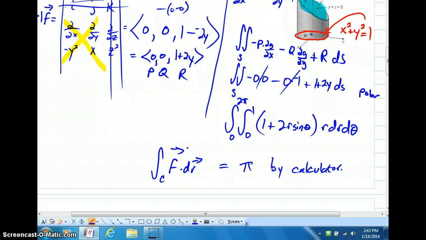Let me tell you the truth. Sometimes, rather than work out a flux integral over the curl vector field, you'll want to do a line integral instead. Both ways are correct. Both ways will get you the same answer. But it's which one is easier? So let's take a look at the next